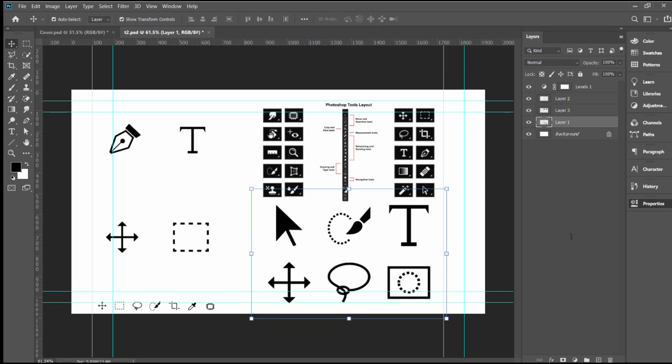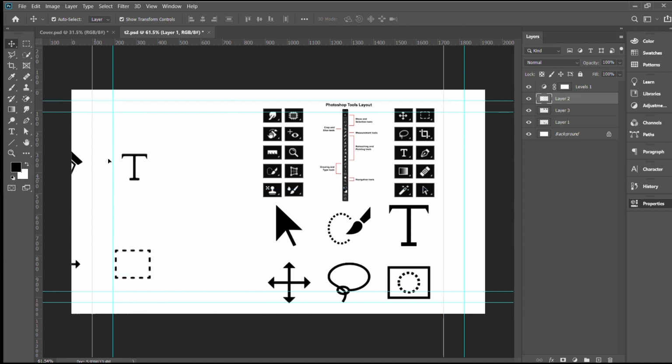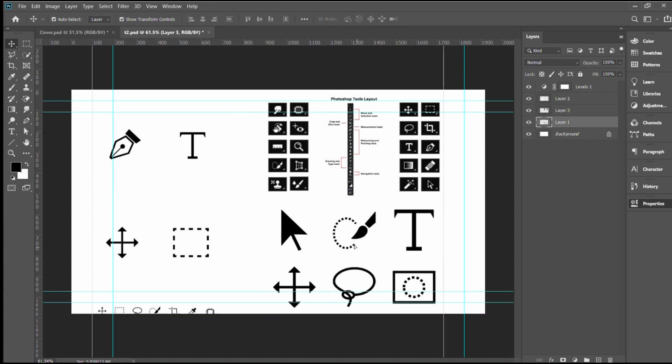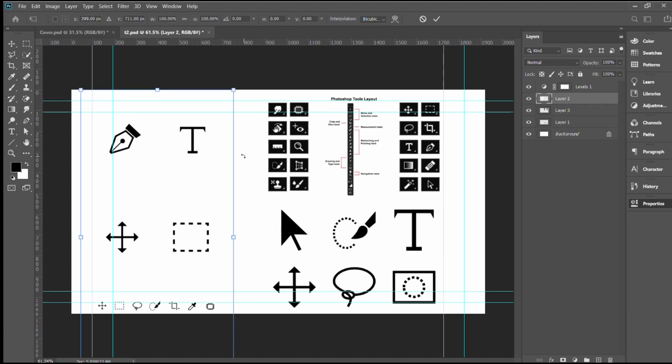The first tool is the Move tool. The Move tool allows you to move a selection or entire layer by dragging it with your mouse or using your keyboard arrow keys. You will notice a blue selection box around the selected layer, which may not be active in your workstation. To unhide or hide this box, just click on Show Transform Controls in the options bar.